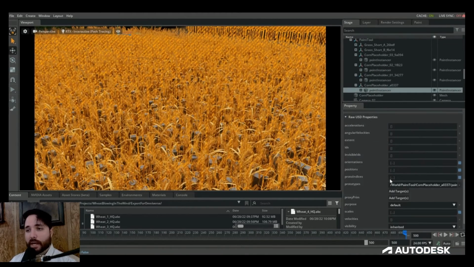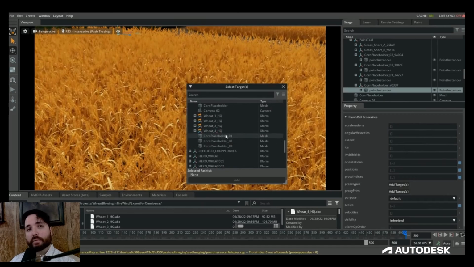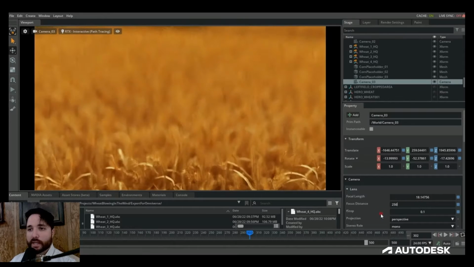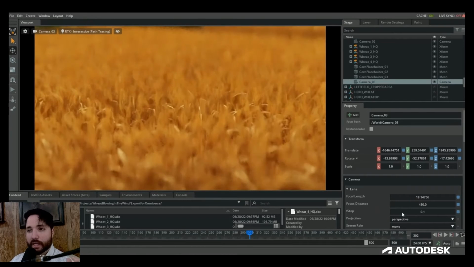For the initial shots, I simply painted on the cubes and then I replaced them as before. But I generated 8 versions of the wheat plant reacting to the wind so that there'd be more variety in the timing of the animation.